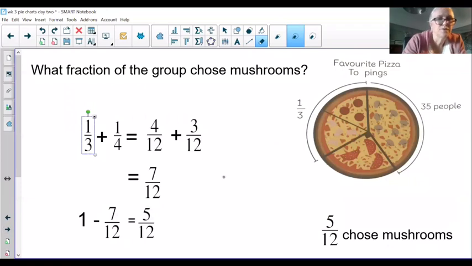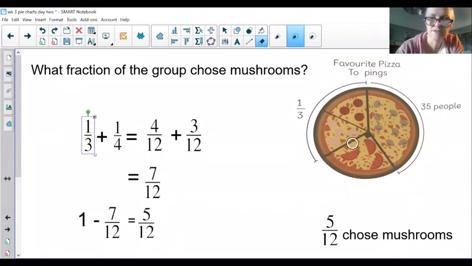Okay, so we know, for instance, that what fraction of the group chose mushrooms? Well, it's telling us that 35 people chose mushrooms, and I'm wondering what fraction that is, because once I know what fraction that is, I might be able to work out the rest over here. So I know that it's 35 people, so let's work out. If I know that this is 1/3 here, this is my third that I've got written down here. Okay, I know that this bit here